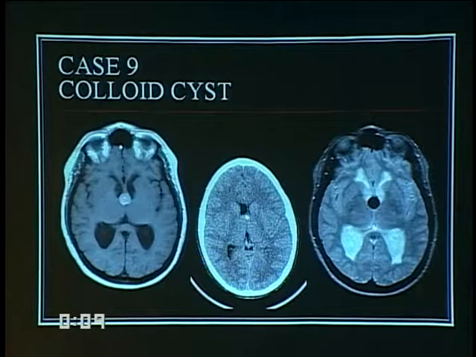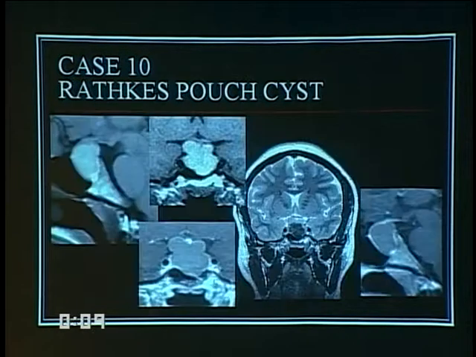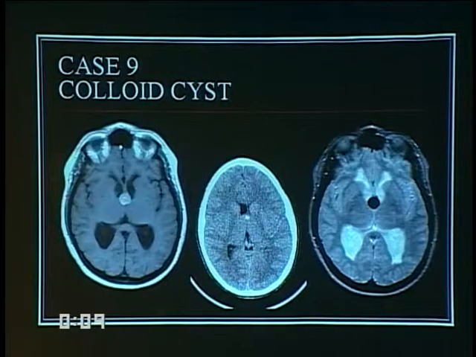Colloid cyst is high attenuation on CT, and it is also high signal on a non-infused T1 because of its proteinaceous contents, and calcium, which can make it high attenuation here, can also make it low signal on your T2. I thought this one was kind of cute because you can actually see the left lateral ventricle is normal volume and the right lateral ventricle is enlarged, and of course hydrocephalus is part of the problem leading to the drastic